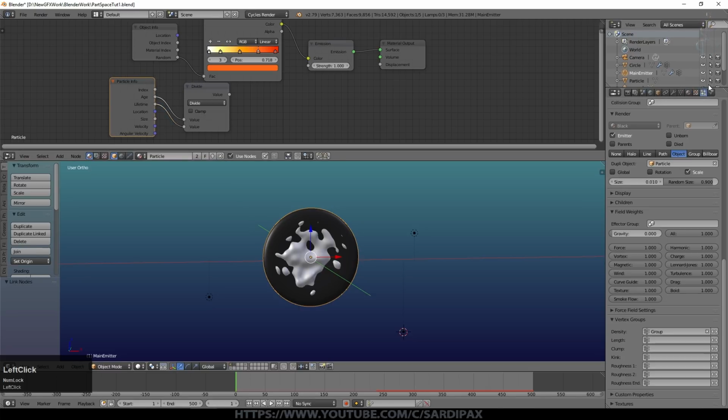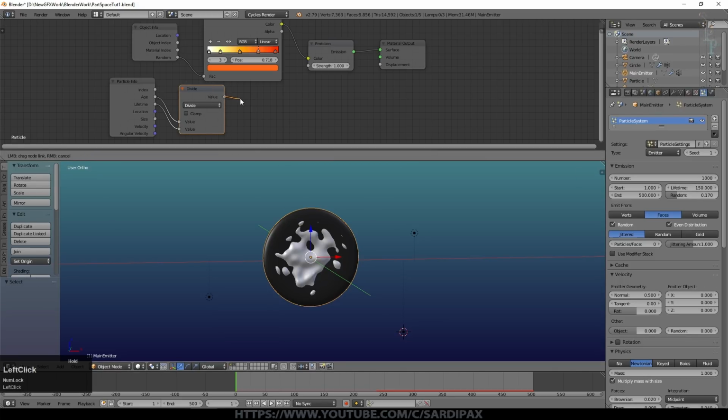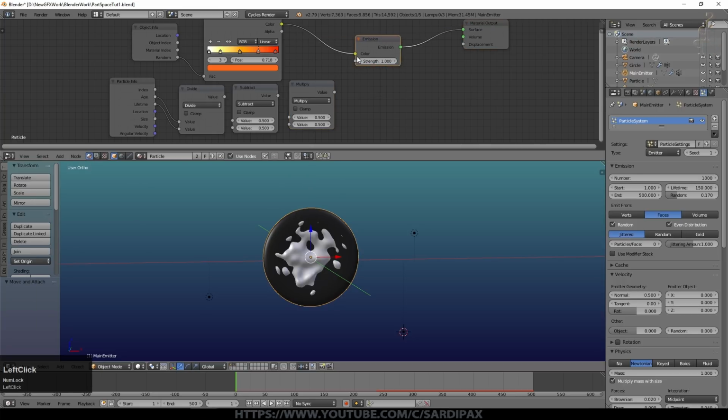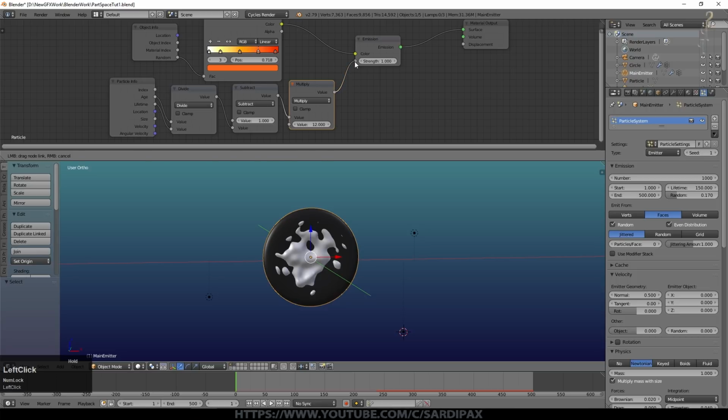From the particle information you may remember our particle's lifetime is 150, so this will give us a value that tells us how far along that lifetime the particle is, whether it's just been born or just died. For scaling reasons, to get the effect I was looking for, I added a couple more math nodes, a subtract node and a multiply node. Whether you need these depends on the effect you're trying to achieve, so give them a go. I put the output of the divide node into one side of my subtract node, set the other to 1, so I subtracted 1 from it. The output of that goes into my multiply node, which I set at about 12, and the output of that goes into my strength on my emission.